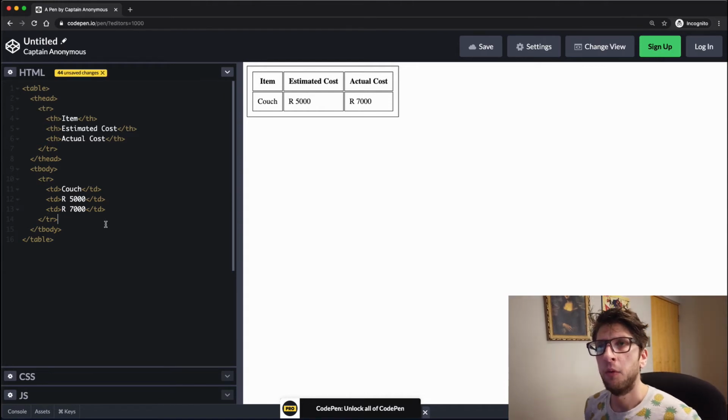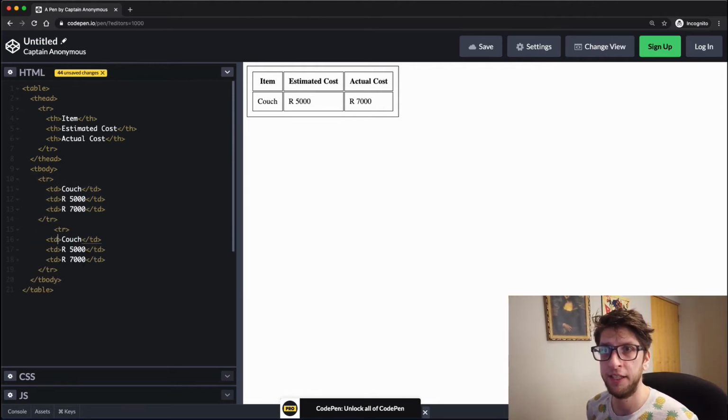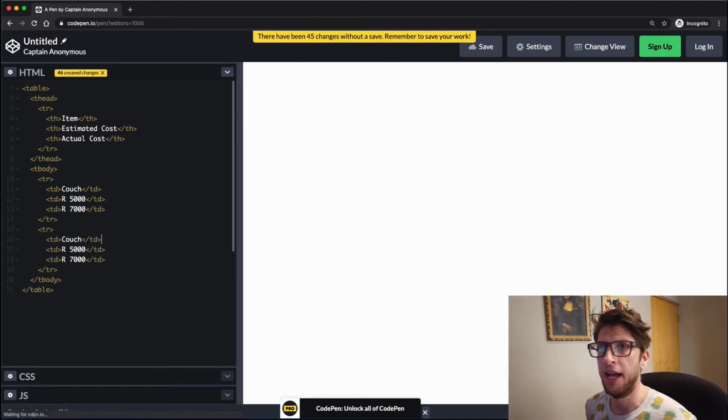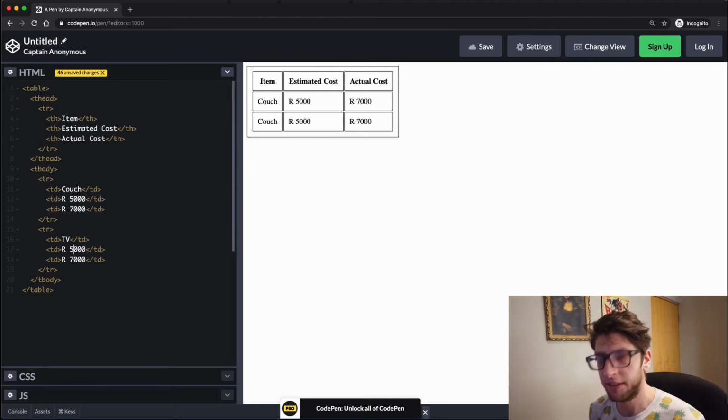And then what we want to do is add some more rows to our table. So I'm just going to copy and paste our table row in the T body and paste it there, neaten it up a bit. And then we can say a TV, and let's say we expected the TV to cost $8,000, but in actual fact that cost $5,000. Then let's add one more row,